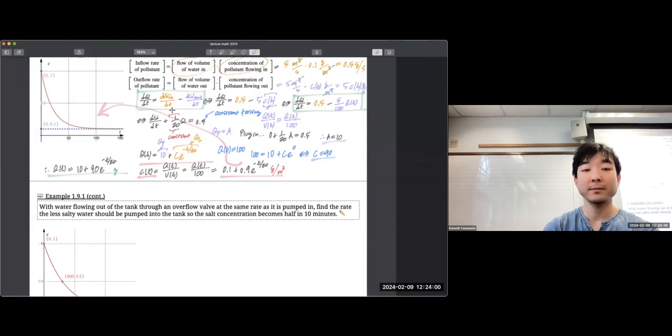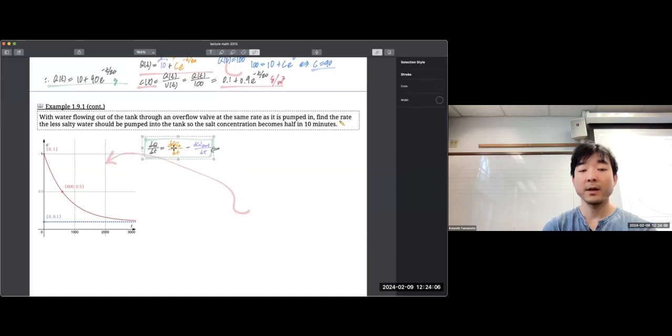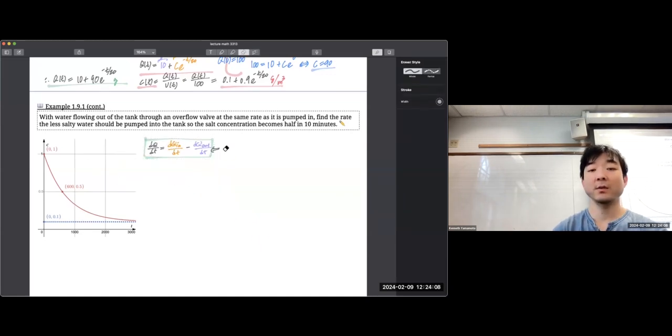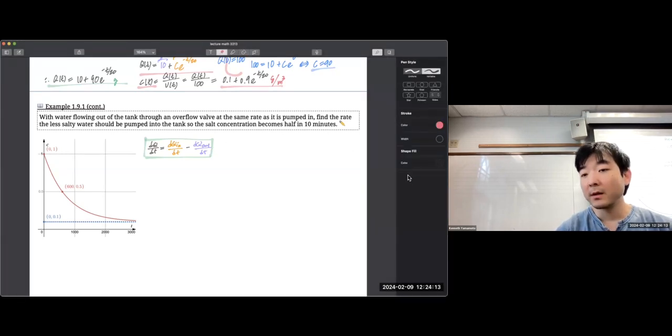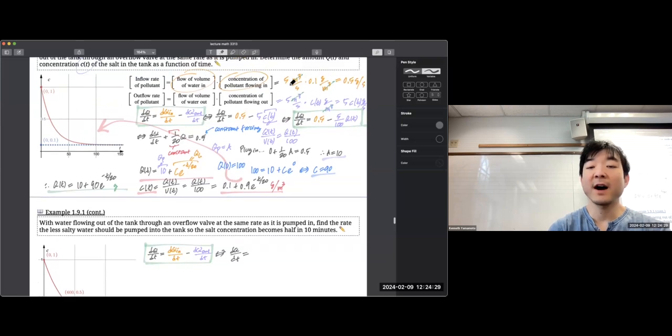We're going to use the same fundamental equation, this one right here. But some stuff is going to change. So let's figure out what the equation would become. dQ over dt is equal to the dQ that's going in. So the inflow rate, what did we used to have? We had 5 cubic meters per second being pumped in at a concentration of 0.1 grams per meter cubed. This one's saying